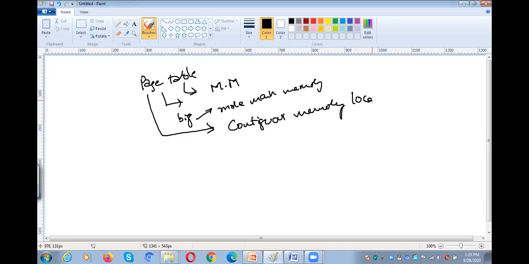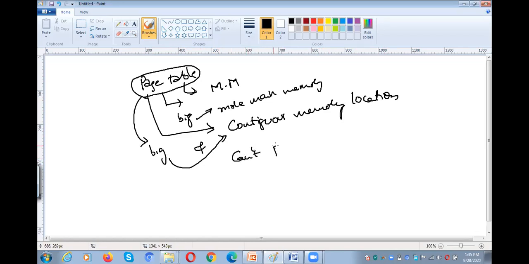So keeping this big page table in the main memory creates a problem. Why? Because the page table size is big and it requires a contiguous memory location to keep it in the main memory. Those contiguous memory locations might not be available in the main memory. In that case, we cannot keep the page table in main memory.